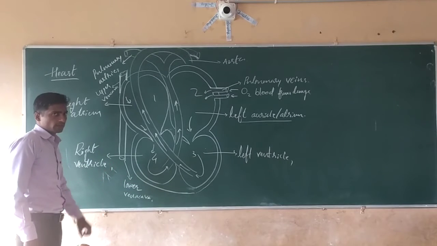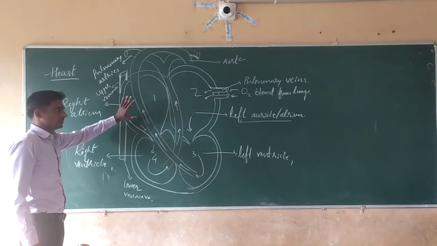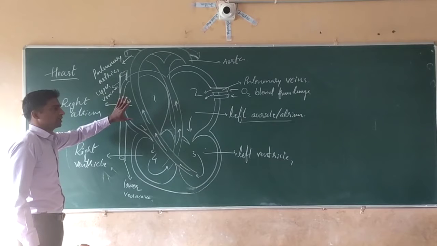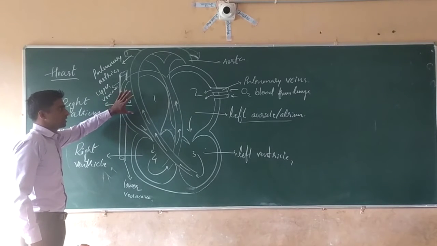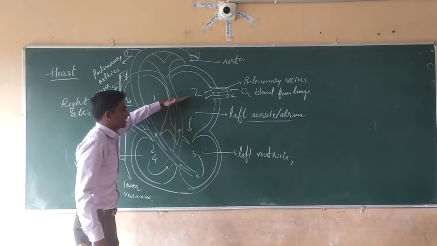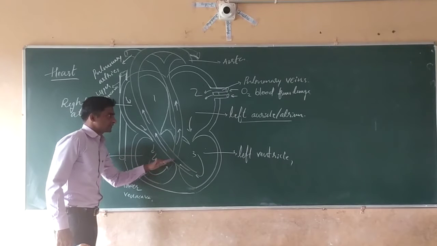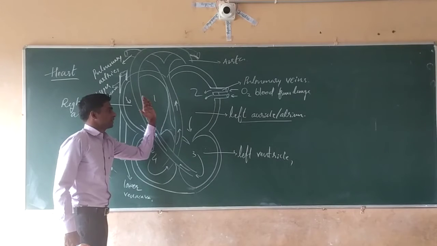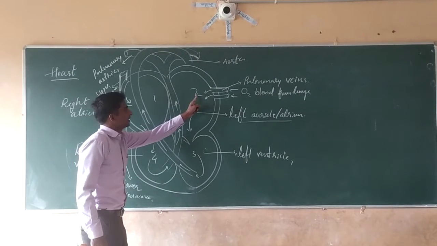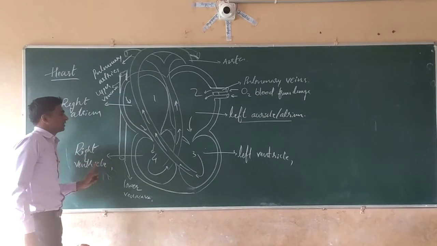These are about the blood, about the heart. Write the structure of the human heart in the examination. The human heart is a muscular organ which is present in the chest cavity in between the two lungs, and it shows contraction and relaxation. Meanwhile, it produces the lub-dub sound. It contains four chambers. Two upper chambers are called the atria or auricles. Two lower chambers are called the ventricles. The left and right parts are separated by septums. They are called the left atrium, left ventricle, right atrium, and right ventricle.